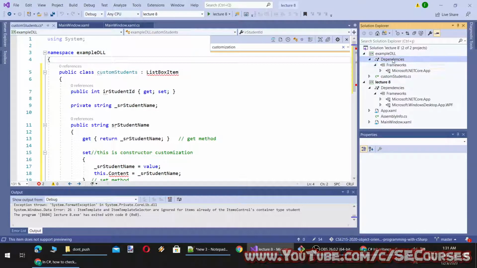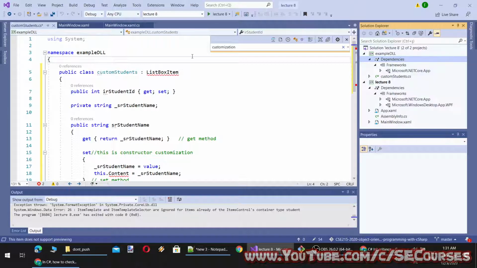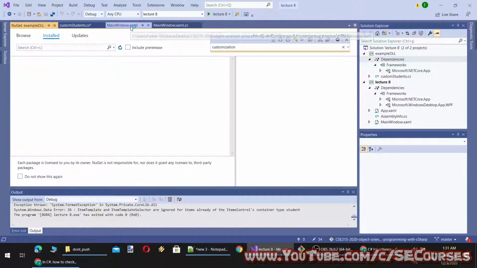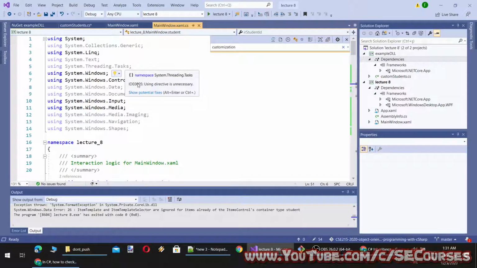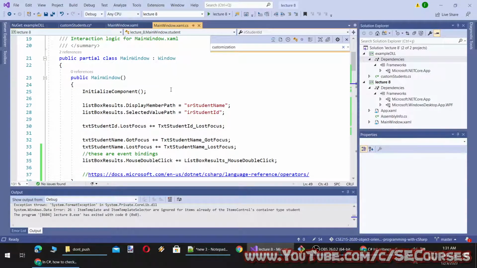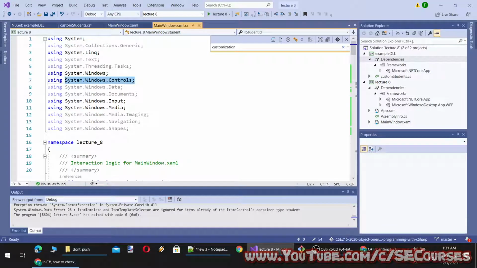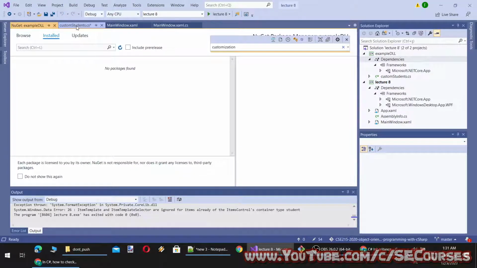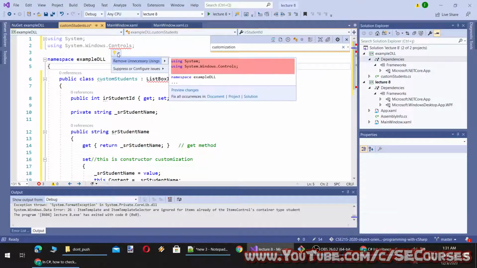Let's try the edit. So this list box item is coming from the class System.Windows.Controls, so it is coming from here, and when we add it like this, it will tell me that it doesn't exist.